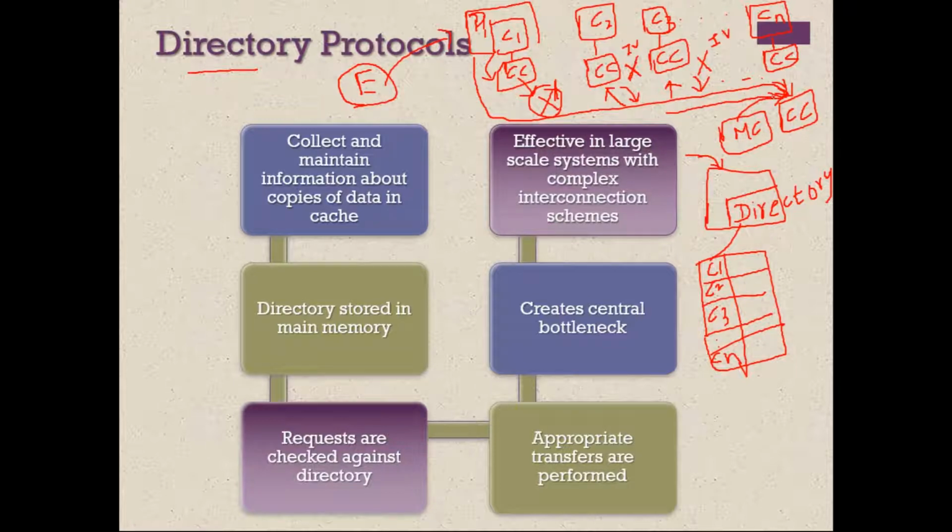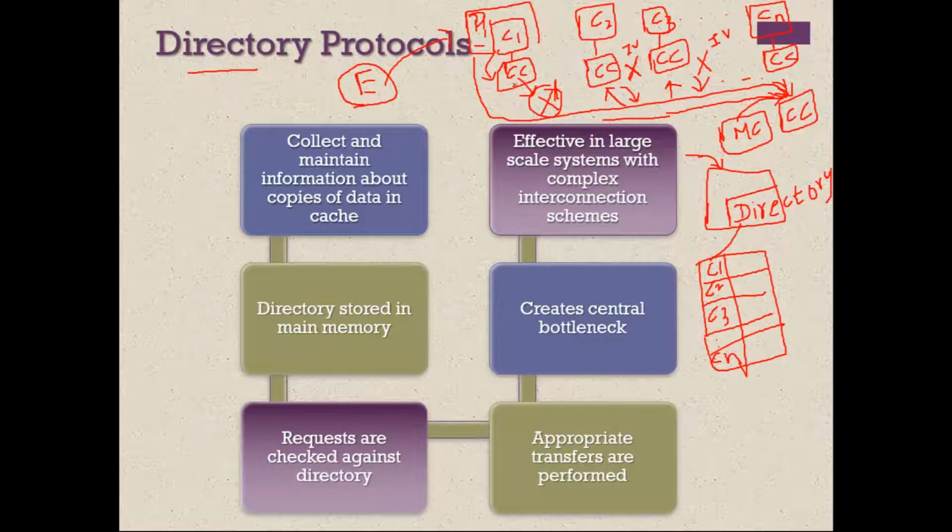Once the request goes to the centralized controller, the other processors are also watching that request. If some of them have that particular cache line of data, whatever the processor is requesting, then they will share that data, and the processor will get it. If nobody shares, then the centralized controller will grant access to P1 to get the data from the main memory. This is for the read operation.